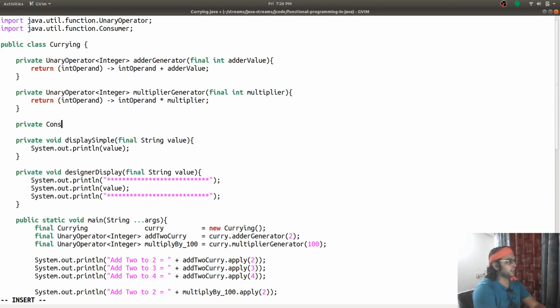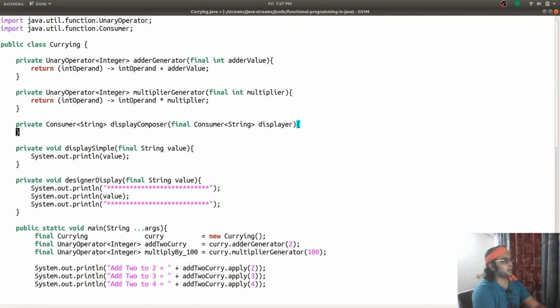I need something like a consumer that takes a string and returns nothing. So I will say display composer, that takes a consumer that reads a string, the displayer.